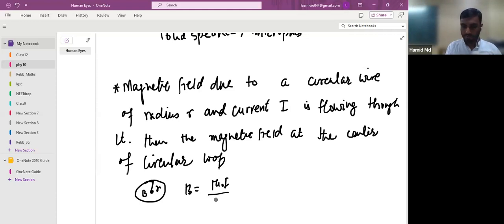I am checking the book. It is mu naught I over 2 pi r for a straight wire, and mu naught I over